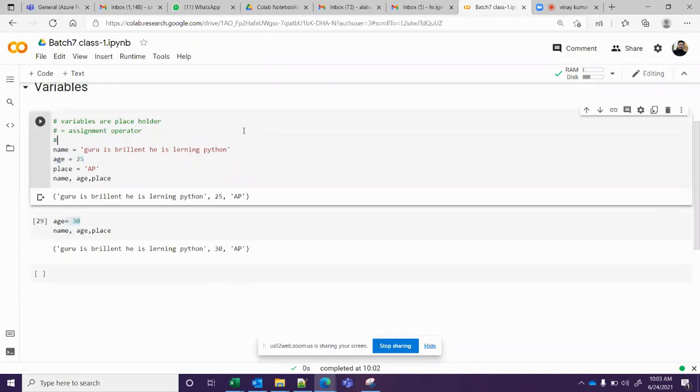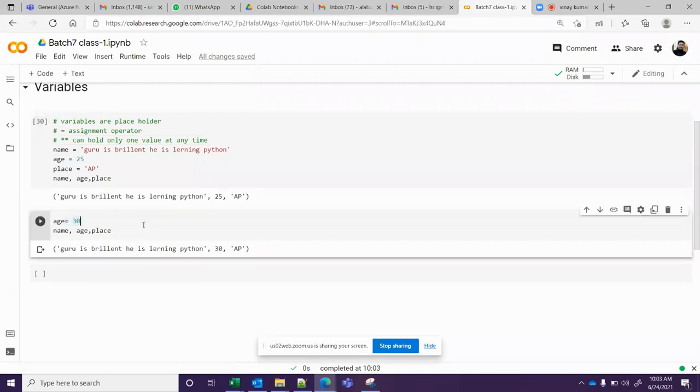This question I ask again and again: what is a variable? It can hold, at max, only one value at any time. This is a very, very fundamental thing you should understand. That's why we have concepts like containerization. Some need only one value at any time. So if you try to put another value, it is going to overwrite it.